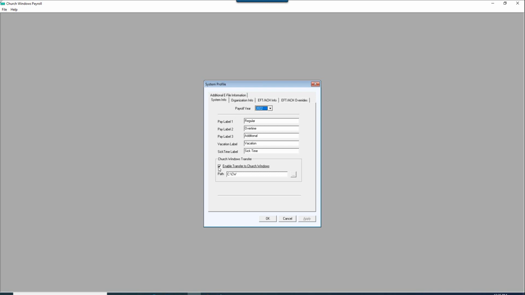Enable transfer to Church Windows. If you use Church Windows accounting and you're going to be transferring payroll into accounting, you're going to want to check this box and set your path. And what that does on page 3 is detail how you can find your payroll path to Church Windows